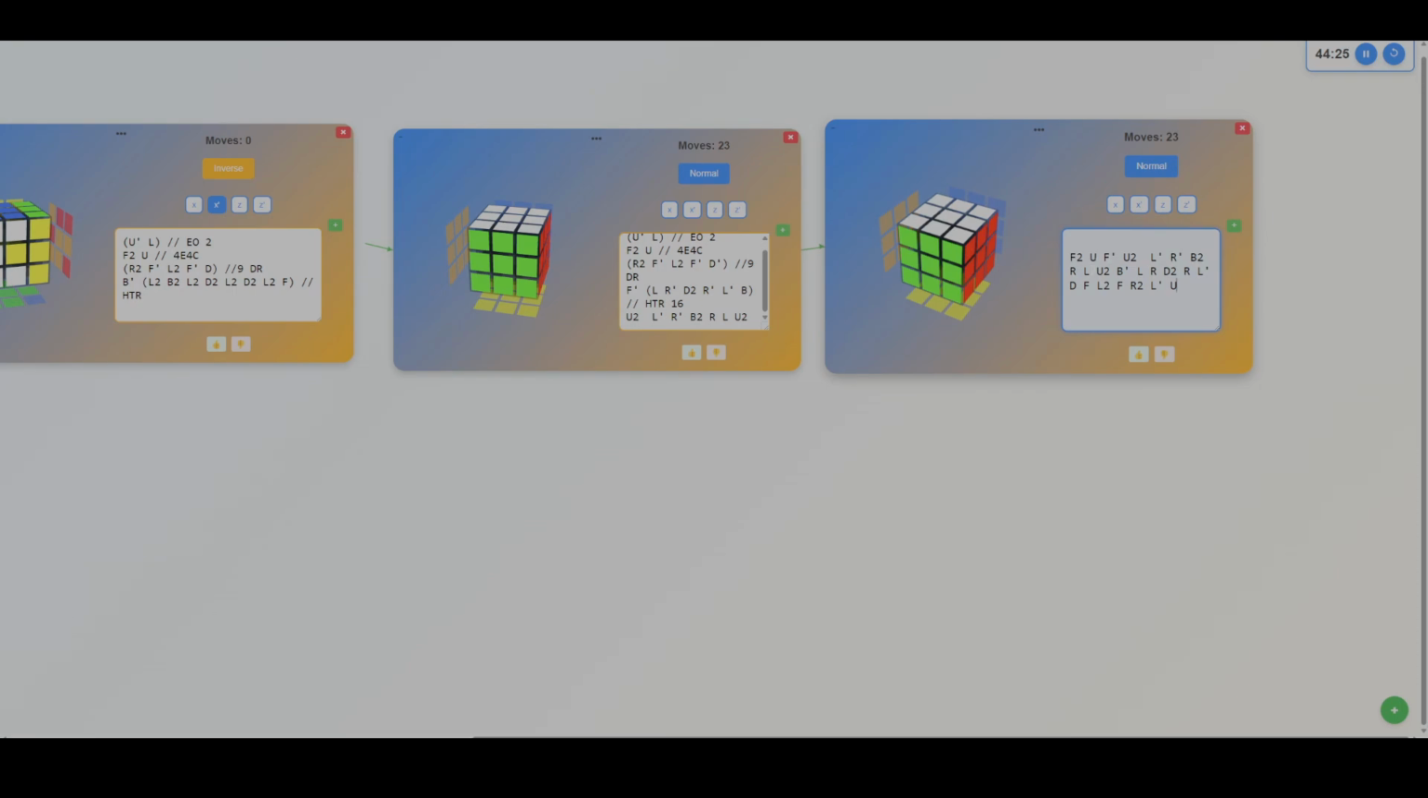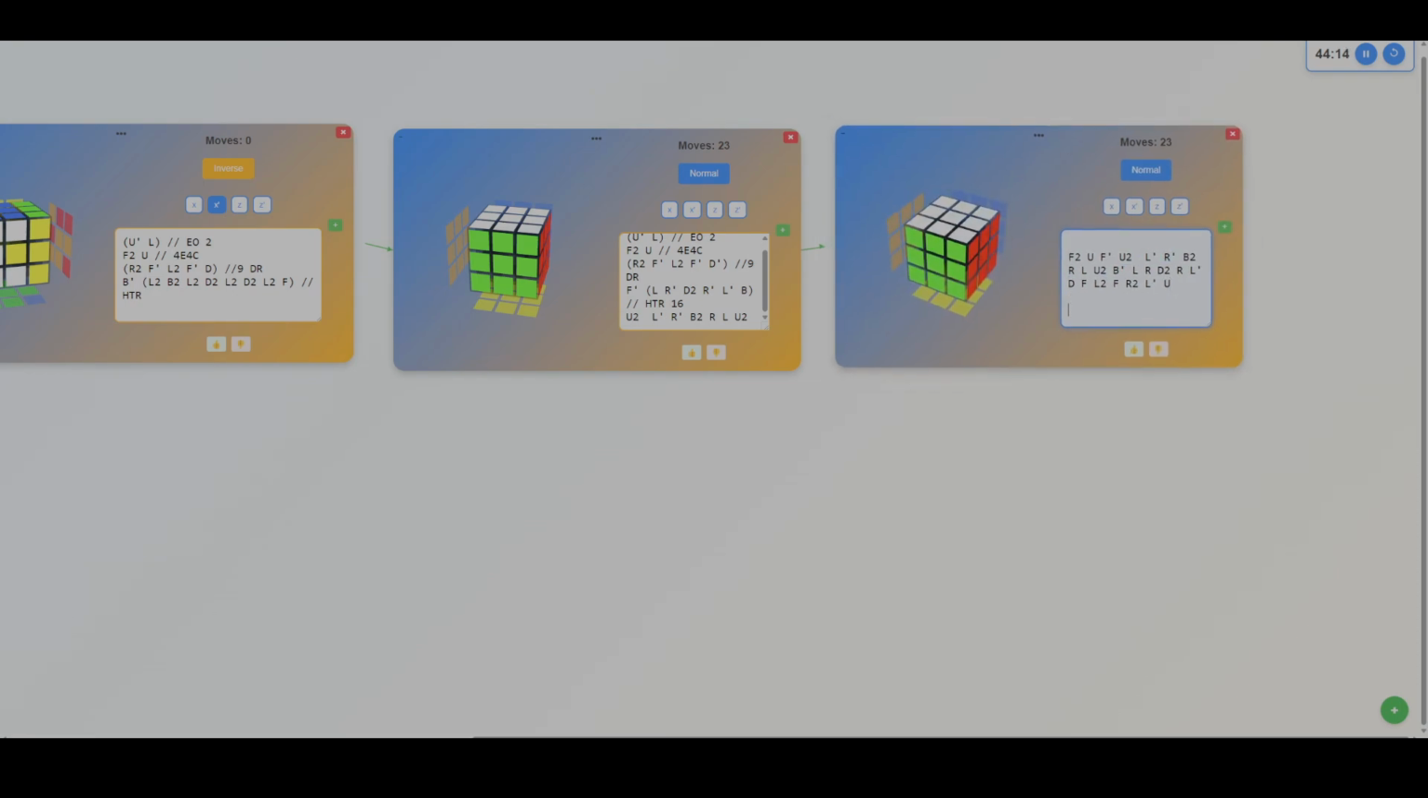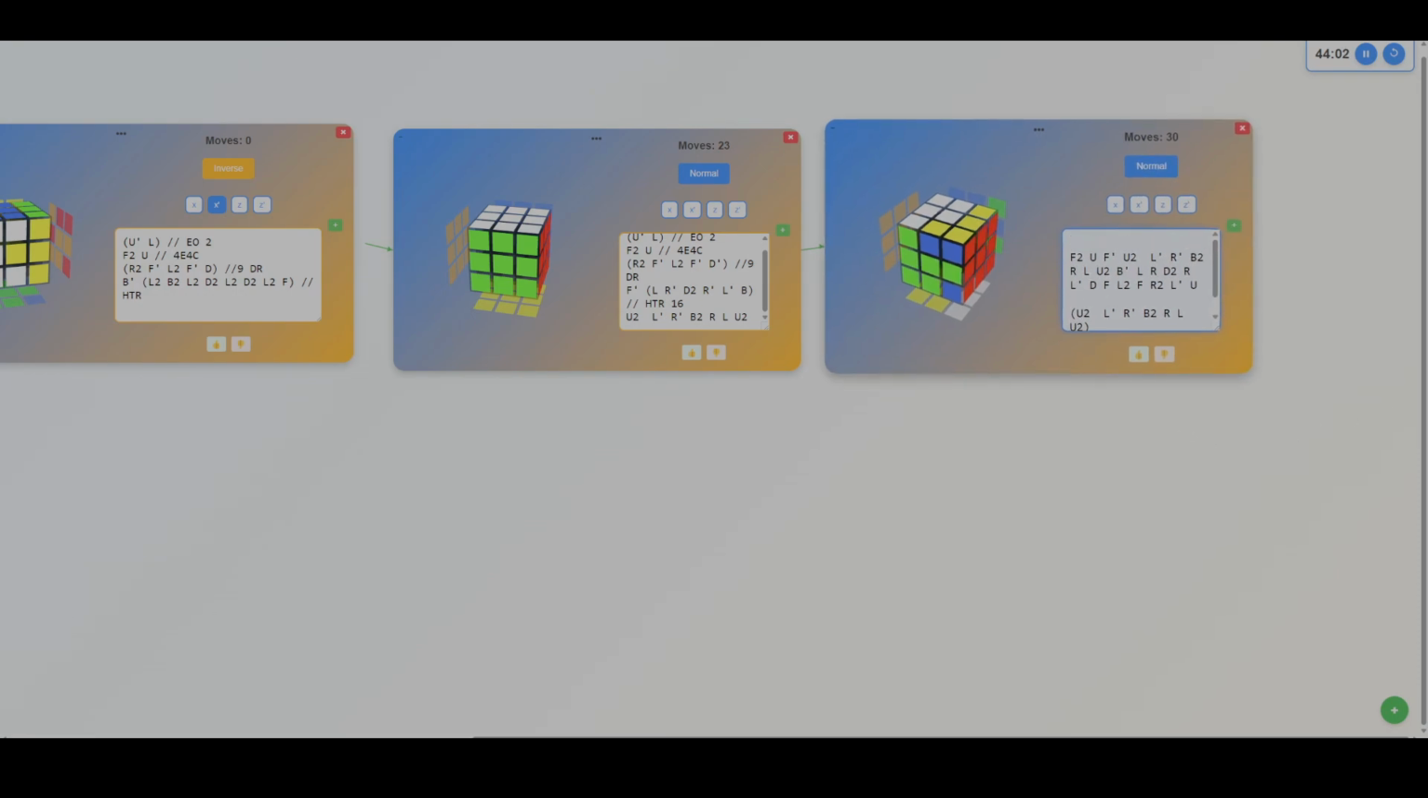So let's just kind of look for stuff. FU, LR. So maybe from like here. Oh, this is just, this is the same. And this is padded by the U2s. So maybe I didn't need to pad the U2 here. Maybe we can just do this and see that